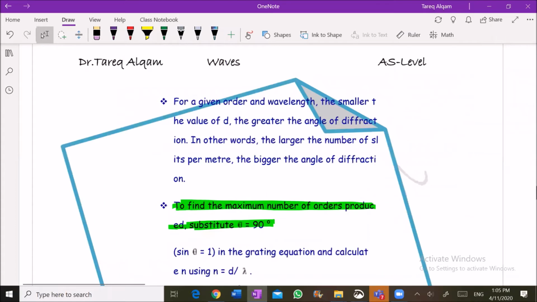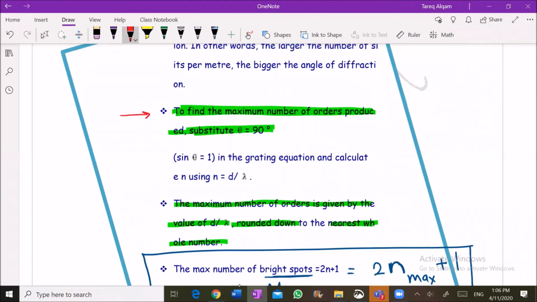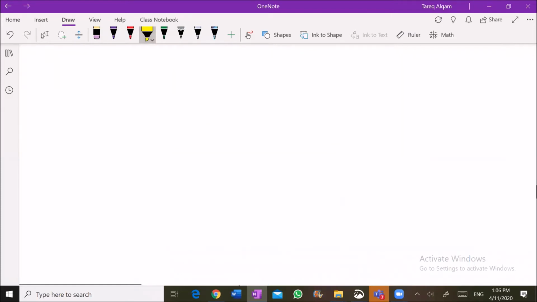Here we might also be asked to find the maximum number of orders produced. And here, how many orders? If you go back here,